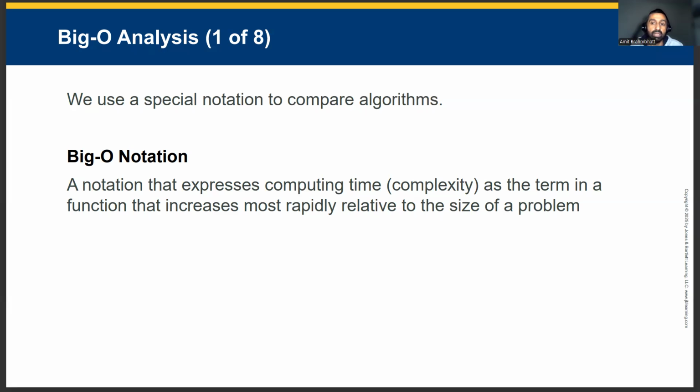Rather than giving exact runtimes, Big O focuses on trends, identifying the dominant term that increases most rapidly as the input grows. This abstraction allows us to compare algorithms across different machines, languages, and implementations. Big O is essential for understanding how algorithms scale and predicting performance on large data sets, whether analyzing sorting, searching, graph traversal, or numerical computation. Big O gives us a shared vocabulary for reasoning about complexity and choosing more efficient designs.